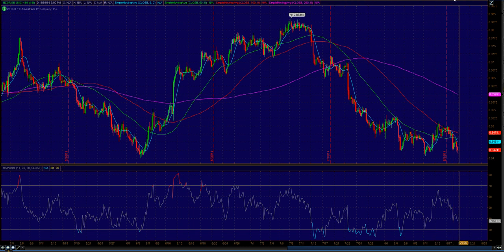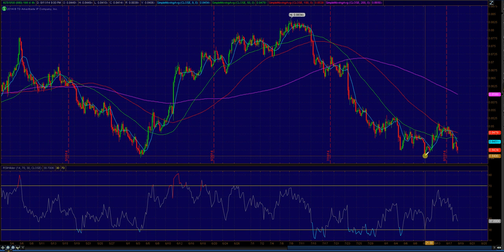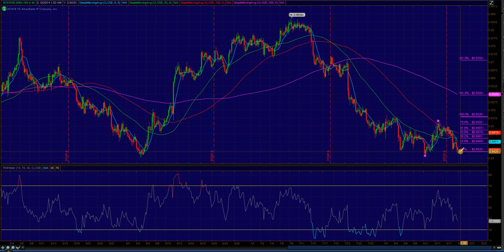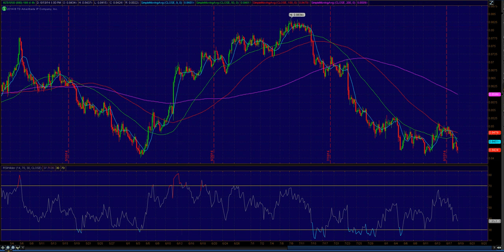longs, and we can see actually that those extensions that we were previously drawing out very much near that 200 SMA. So again, giving more clarity to that outlook for the Aussie